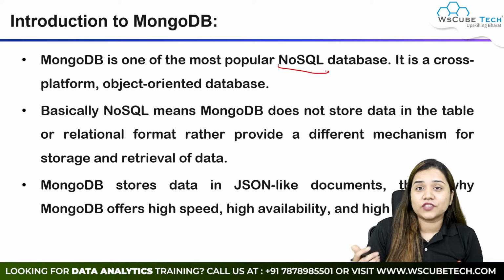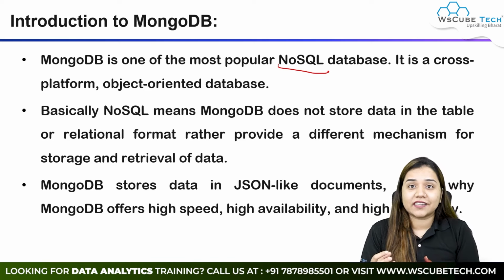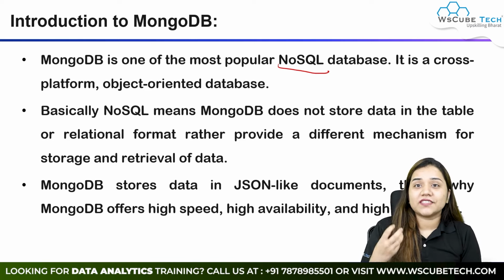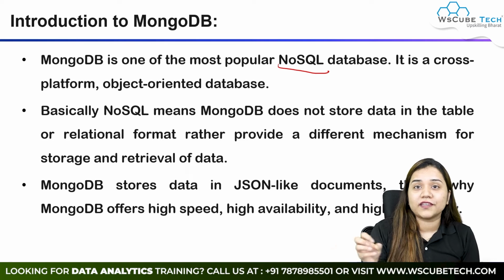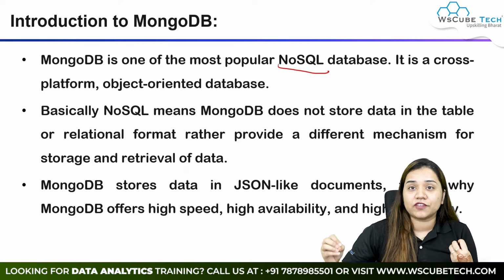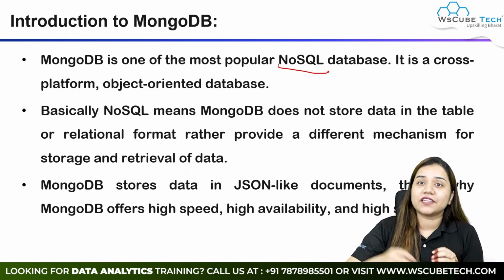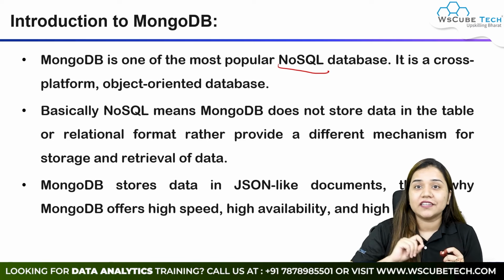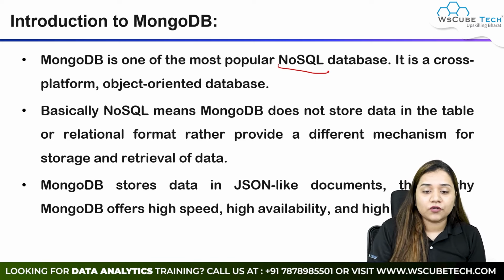Now what does this NoSQL database mean over here? Let's understand that. In SQL, when we send any data, it goes in the format of rows and columns. That means we need to create a table first. Inside the table we have columns and every new data gets inserted in a new row, right? But here we do not create any rows.